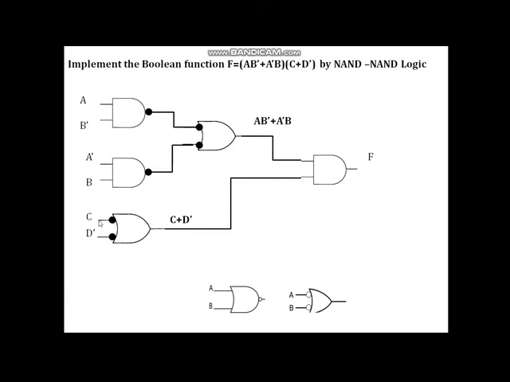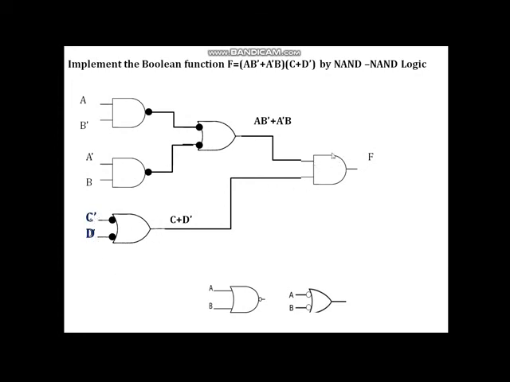To compensate this, you have to put another bubble. For that we can use an inverter, or you can complement the literal which is given on that line. Because if you put an inverter, it means we are taking the complement of C. So instead of putting that inverter, we can take the complement and replace C by C dash and D dash by D. So here the inputs are C dash and D.